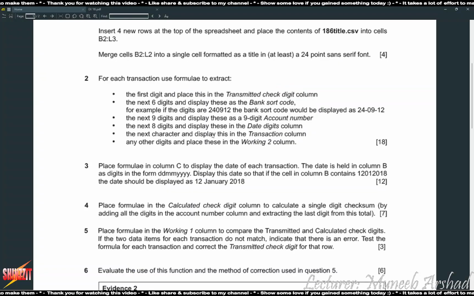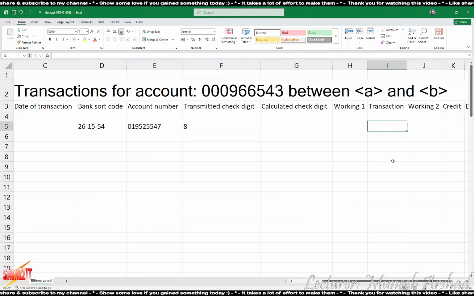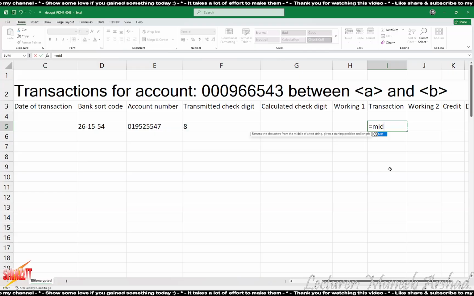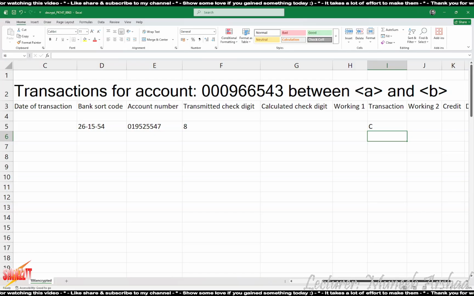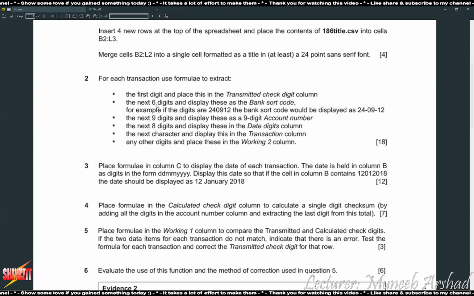The next character, and display this in the transaction column. Transaction column is where? This is the transaction column. So equals to mid again of A5. We take out one character, which is basically the 25th character. We've already consumed 24 characters, so we have to extract the next character. So that is C. How many have we consumed? 25. Okay. Next up,